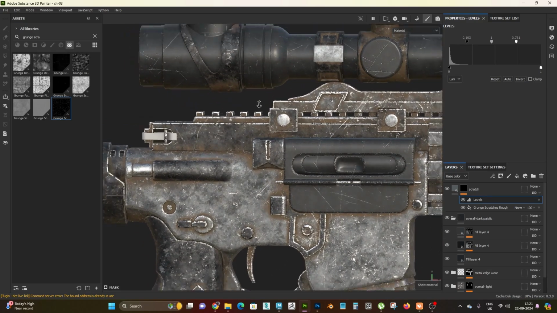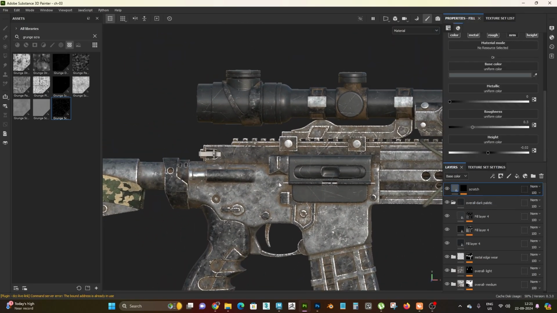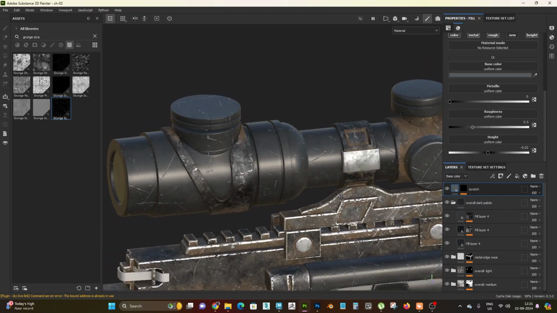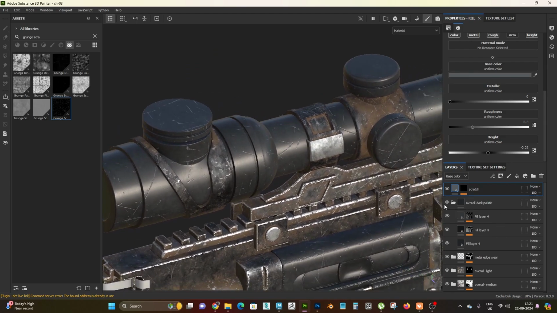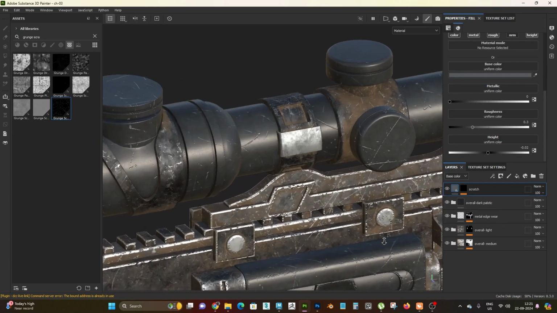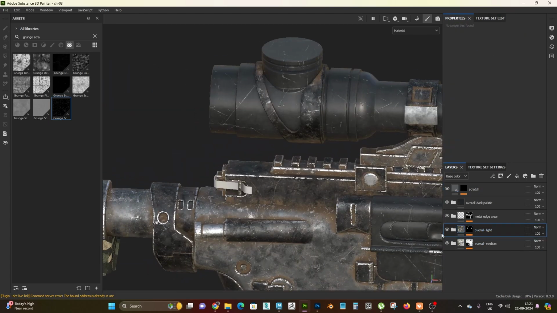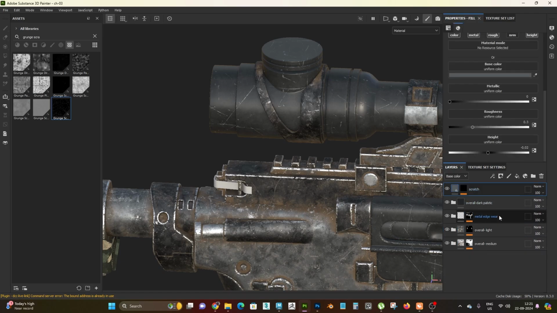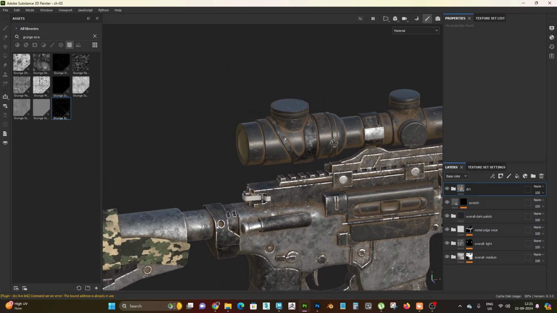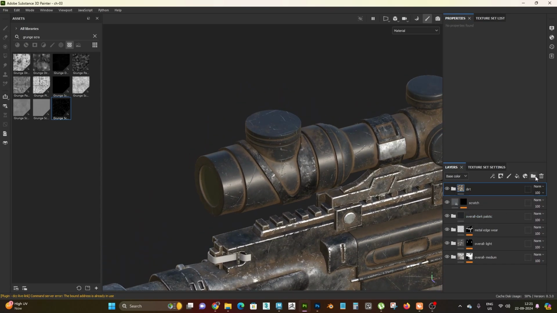Okay, now it is fine. Now if we want, we can add dust as well. For adding dust, just copy it from here, put it on top of it like this, and first create a folder and just put all these layers in one folder, and this has to be